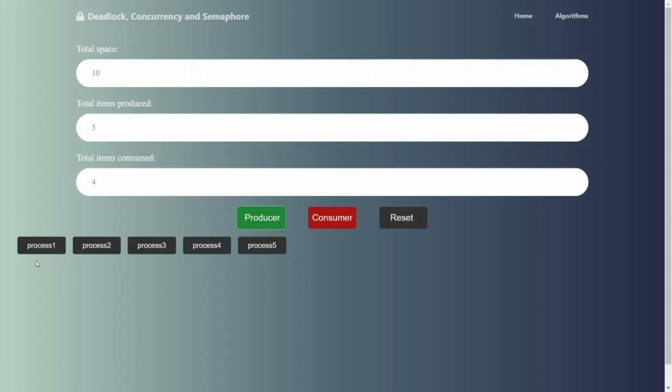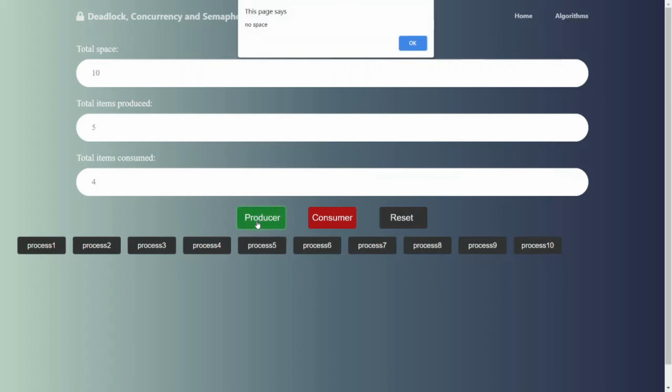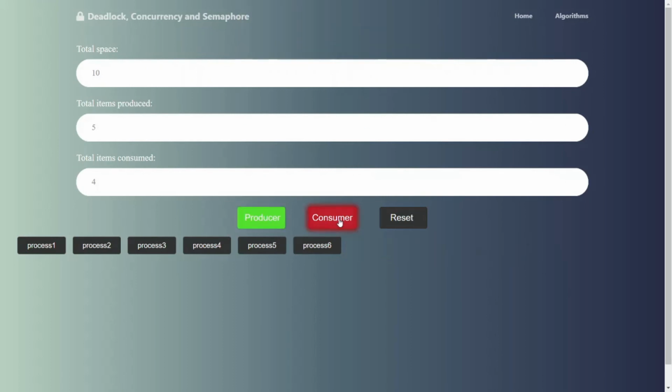Next we click on the producer button. It produces 5 processes at a time and pushes them into the buffer. Again we click on the producer, it creates 5 more processes and pushes them into the buffer. Next we click on the producer button, and it displays the notification no space, because the total buffer size is 10. Then we click on the consumer, it consumes processes from the buffer and removes them.